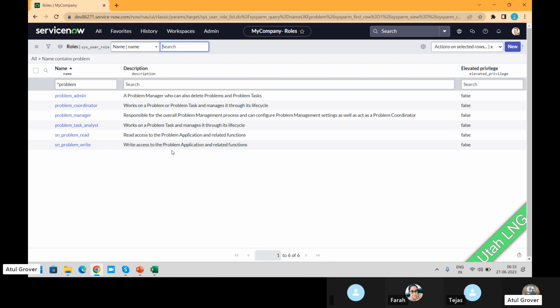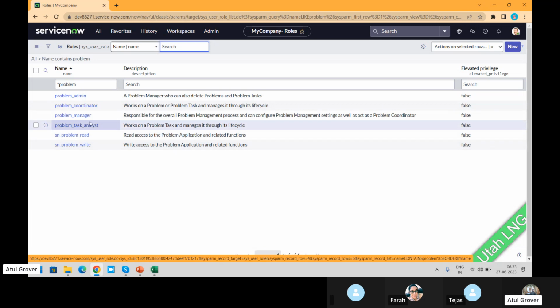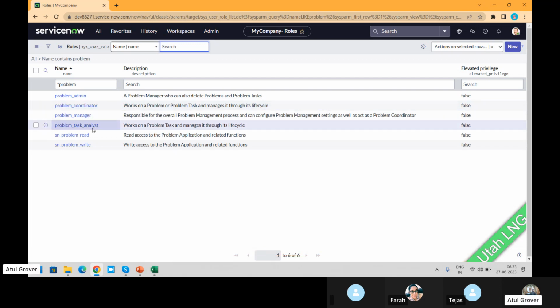It means if I give this role, I'm giving almost this and this role, but where do we check it? Or this analyst role and the coordinator role. So just have a look and check. The problem coordinator has all the roles which an analyst has. It's like an inherit. And the problem manager, this one, has the ITIL role, has a coordinator role as well, and it has an analyst role as well.